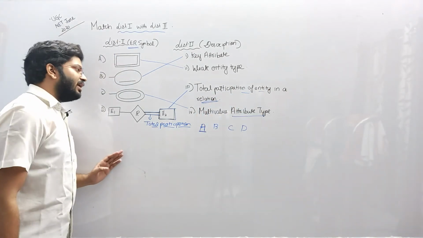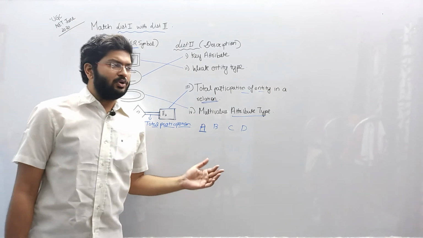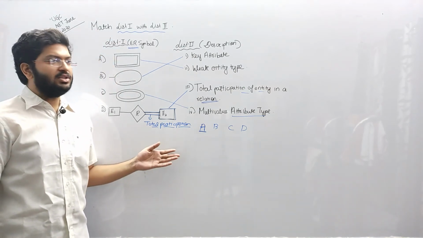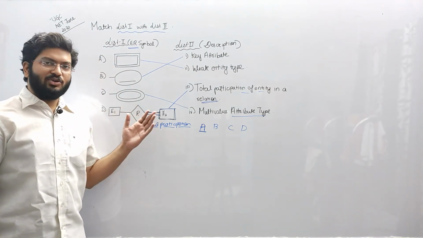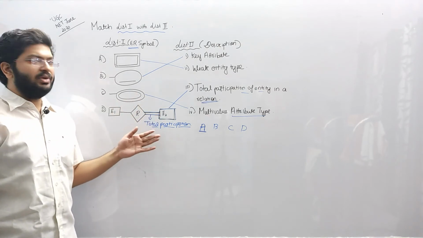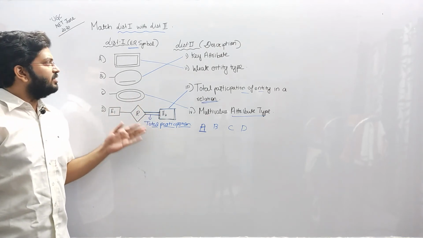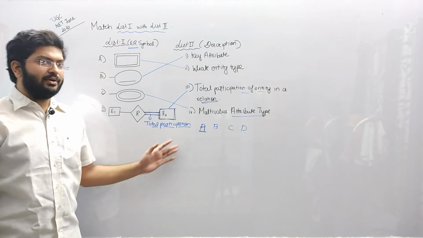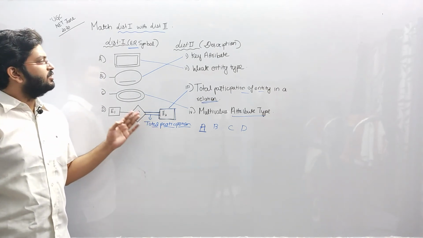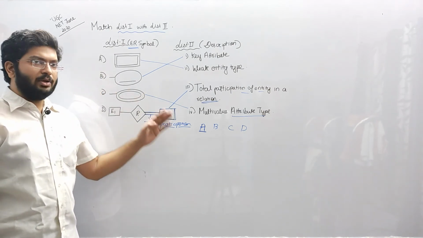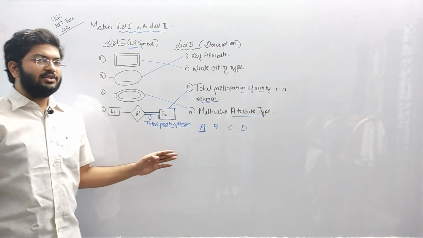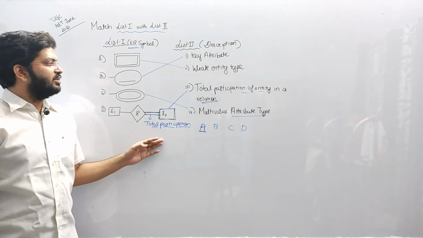So this was basically asked in the June 2020 exam. It is easy; this type of question is easy. But if you lack a bit of concentration in such questions, then you can make silly mistakes. So in the next class I will be providing all the symbols and their descriptions, and henceforth we will be starting all the questions of DBMS of previous years, as well as theory of computation and compiler design.